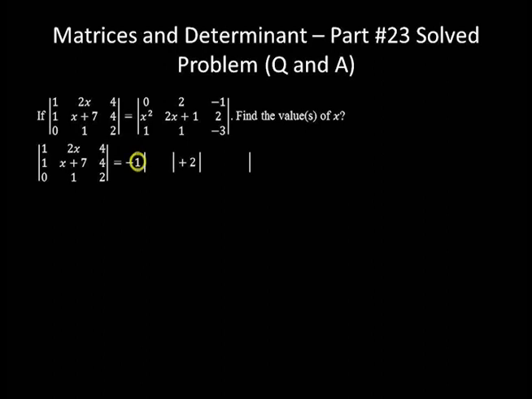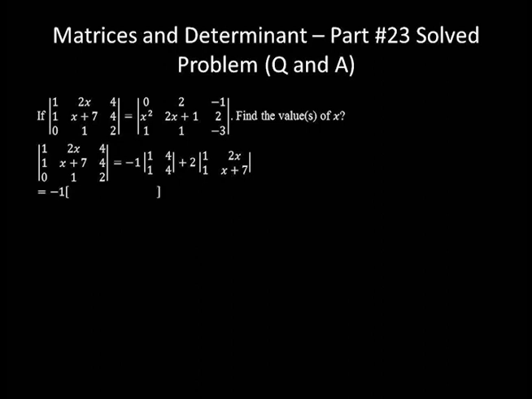This 1 is in row 3 column 2. Crossing them out leaves us with 1 and 4 in both row 1 and row 2 of the 2 by 2 matrix. This 2 is in row 3 column 3. Removing row 3 and column 3 gives us these 4 elements, which is equal to negative 1 times